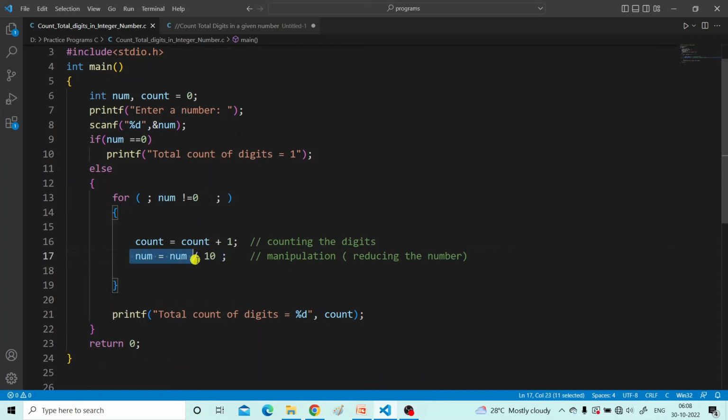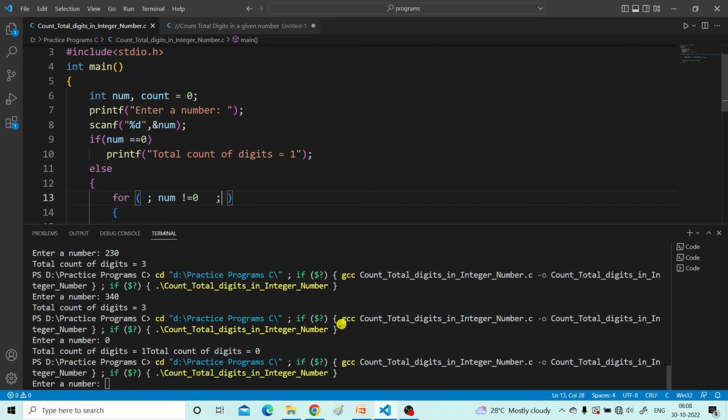Okay, or we can just cut this line and paste it here also. That will also work fine, because while is the basic loop that you have seen in my C programming videos. If you have not seen it, you can check there. So basically, if you run this program, see,